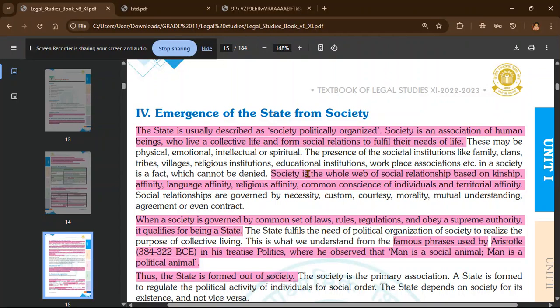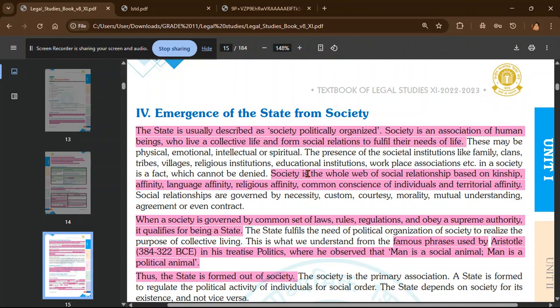Suppose the father of a family, or you can say the breadwinner of a family, is working in their own factory. It is expected that their children will continue their heredity and work in that factory. So this is heredity succession, meaning one generation after the other will follow the same rules, norms and traditions of the family. So kinship affinity is your blood relation. Affinity is the bonding that you have.